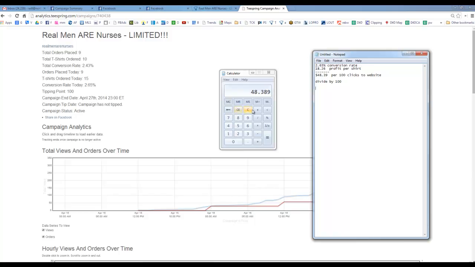So if we divide that by 100, that gives us 48.4 cents. So let's just say 48 cents per click to website